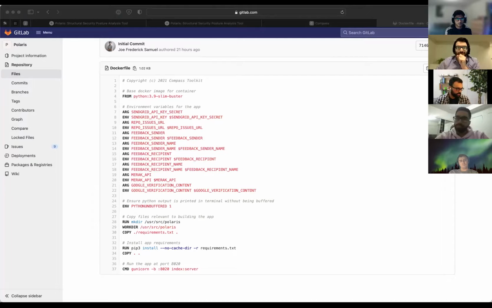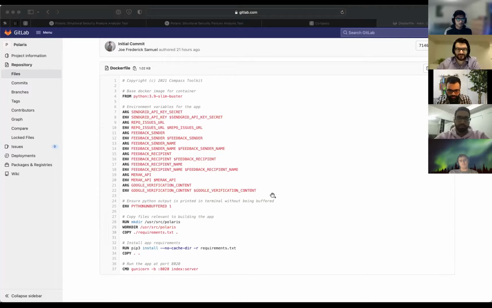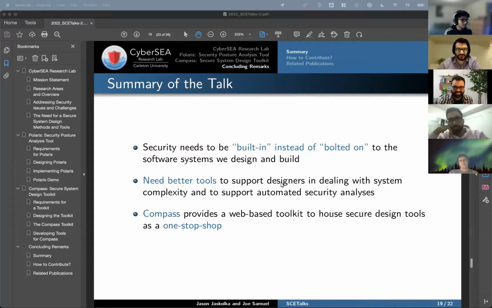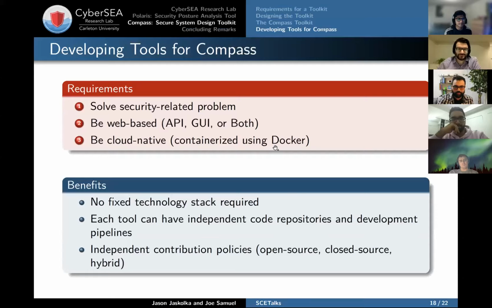Sorry, Joe, we only see the GitLab still. Oh, sorry. I'm not sure why it didn't show up. Okay. Can you see it now? Can you see the... Nope. Yeah, I can see the GitLab. Oh, just the GitLab? Okay, apologies. Oh, right, I keep sharing the application. Okay, how about now? Yeah, not full screen, but... All right, let me try that. And now? Yes. Okay, cool.